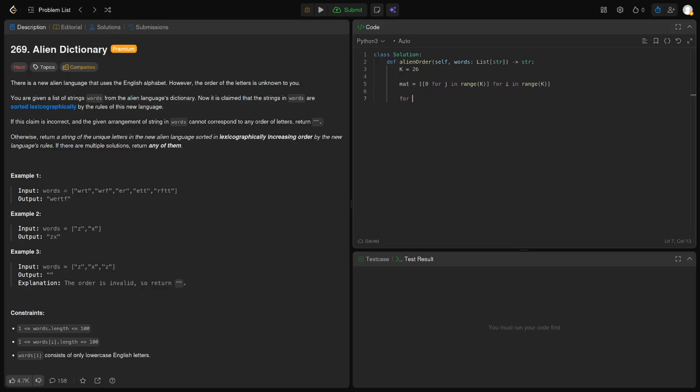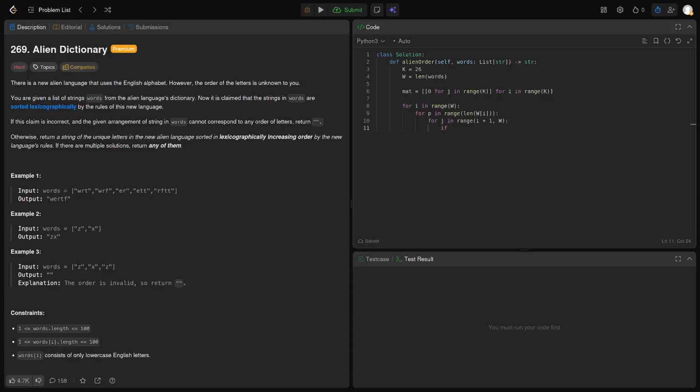And then for i in range of len words, for position in range len vi, for j in range i plus 1 to len words,